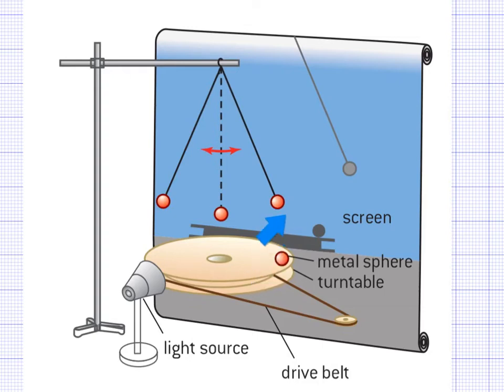If you were to match this pendulum swing to the exact period of the turntable, such that when the metal sphere was on this side of the turntable, it aligned with the maximum pendulum swing to this side of the pendulum, and vice versa on this side, you would see